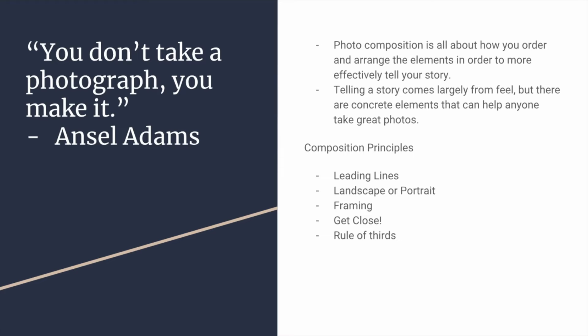As you see there on the right, to put it another way, photo composition is about the order or arrangement of elements in a photograph that helps tell your story. When we look through the viewfinder at a subject, whether it be a football game or a speech or anything that we are going to cover to tell a story of, it's going to contain people, it's going to contain setting, it's going to contain other things, and it is our job as the journalist to arrange or orient that photograph so that it tells the story we want to tell.